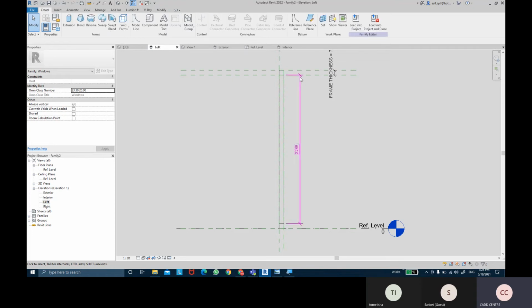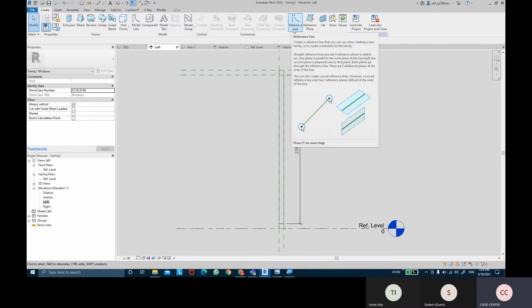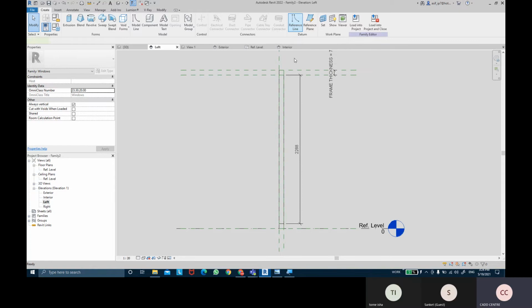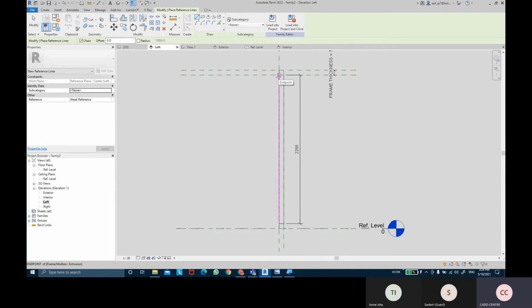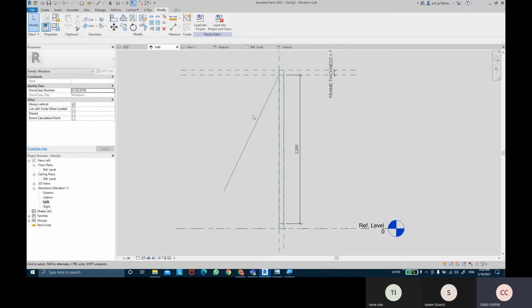I'm going to create a reference line, not a reference plane, but a reference line. So let's take the reference line command, and draw a reference line from that end point roughly to somewhere here outside there. So this is my reference line.